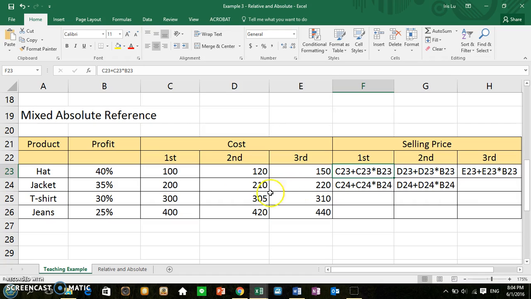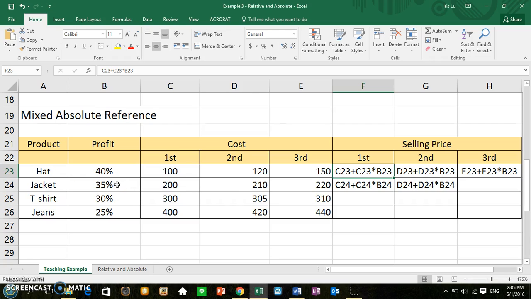This area will take the information from here, and the second season will calculate from this cell. So we don't have to worry about the cost data here. But what we need to be aware of is the profit, because each product has a different percentage